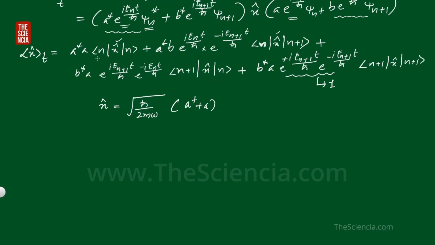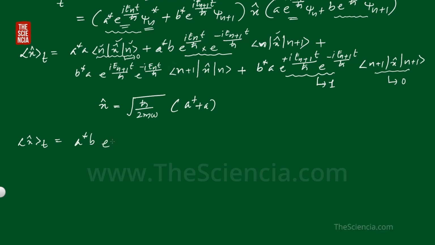Here you see this is the expectation value of x in the same state, so we know this value is equal to 0. And here also the expectation value of x in the same state is equal to 0. So x cap at time t reduces to a* b,